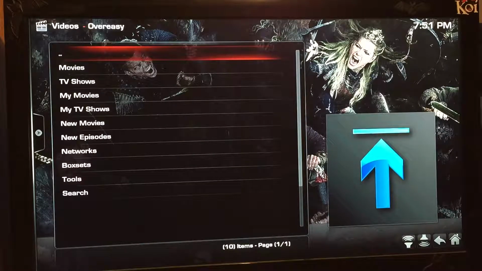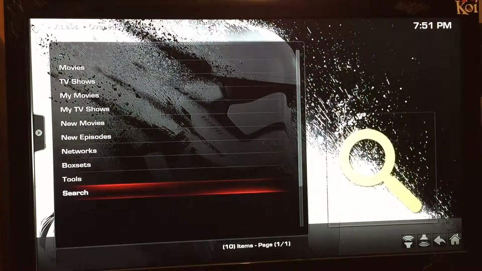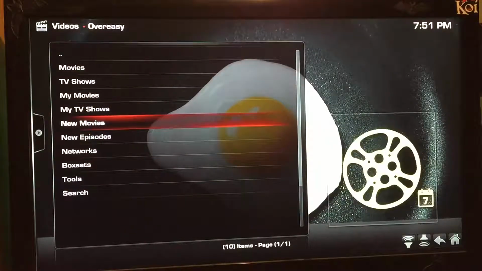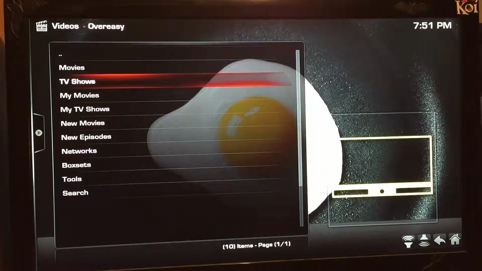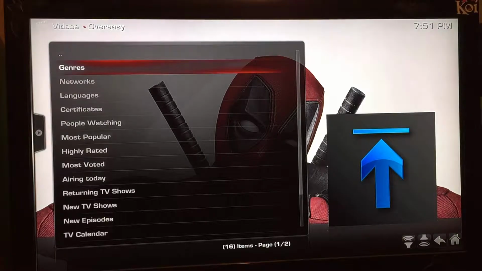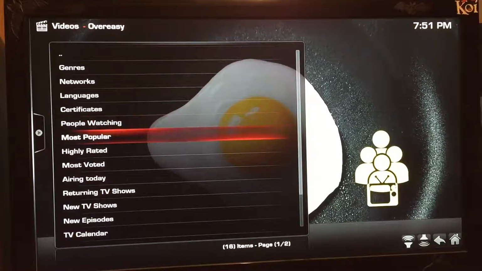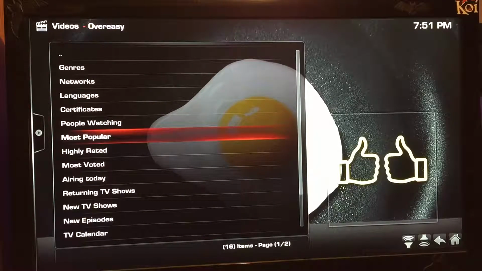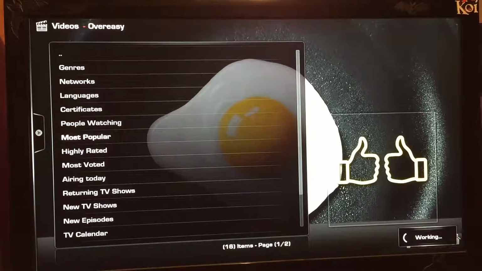So now you can see that there are no download options there, but as soon as you download your first movie or TV show, it will show up. So we're just going to select something as an example. I went to TV shows because they're shorter than movies and take less time to download. I went to most popular,